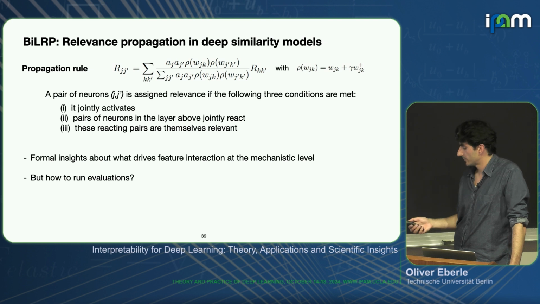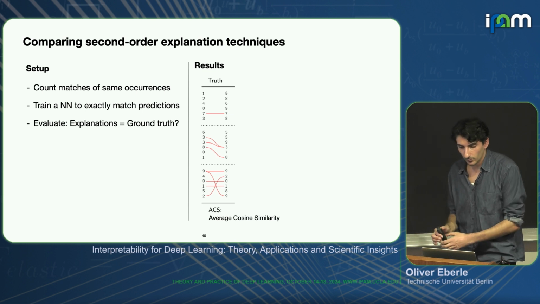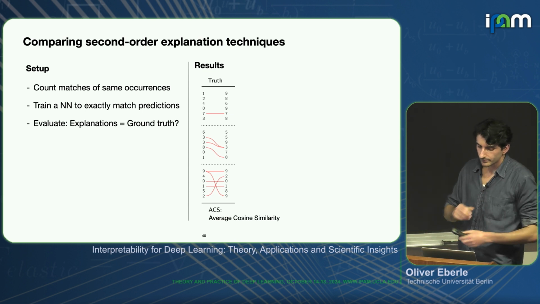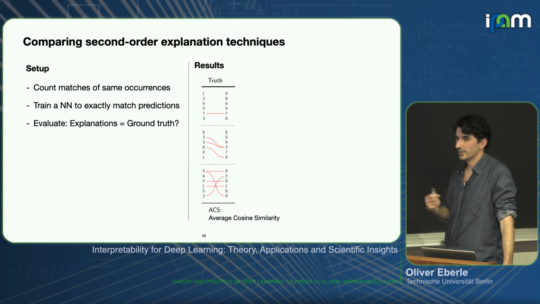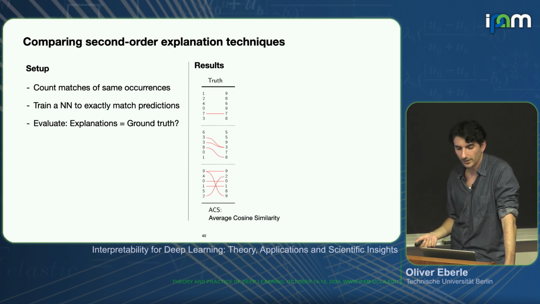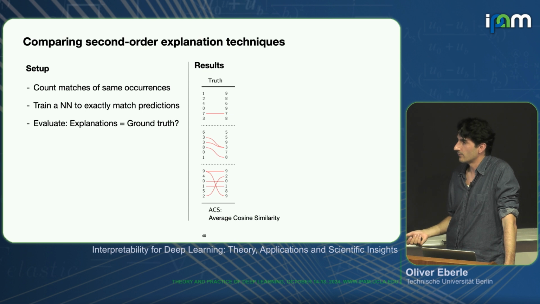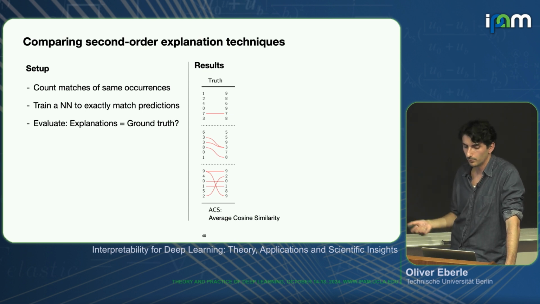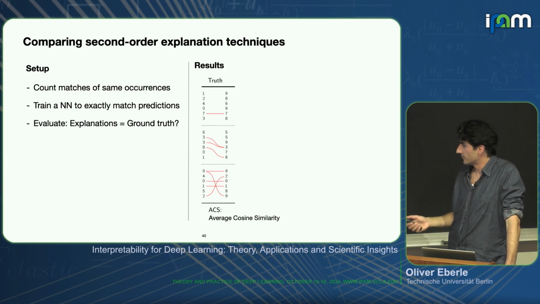Yes, so again, the question is how do we evaluate this? We came up with this toy scenario because there's very little ground truth data set where you actually ever know what the relevant interactions are. If you have any similarity data set, you know maybe what the ground truth score should be, but you usually never have any ground truth information on the pairs of features that are important. So we came up with this sequence matching task where the ground truth is available.